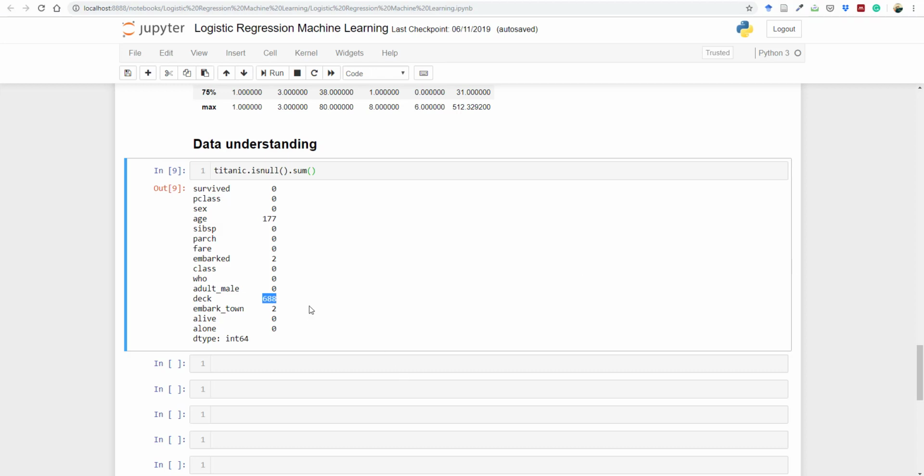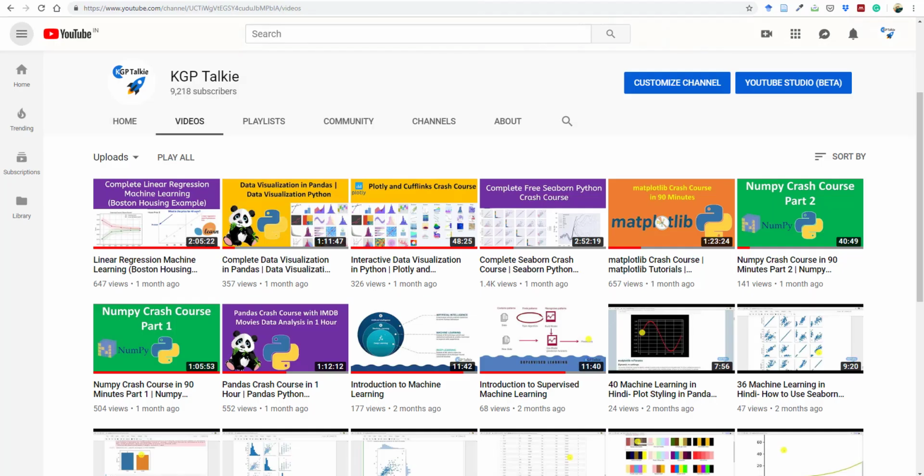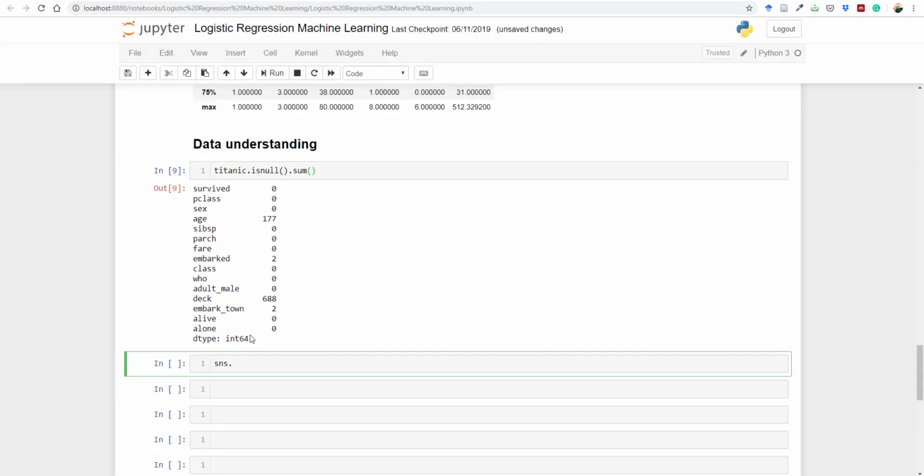So now let's go ahead and see it with the heat map using Seaborn. If you don't know how to plot a Seaborn heat map, then you can go ahead and see my previous tutorials on a complete Seaborn crash course. Now let's see sns.heatmap, and then here we pass titanic.isnull(),